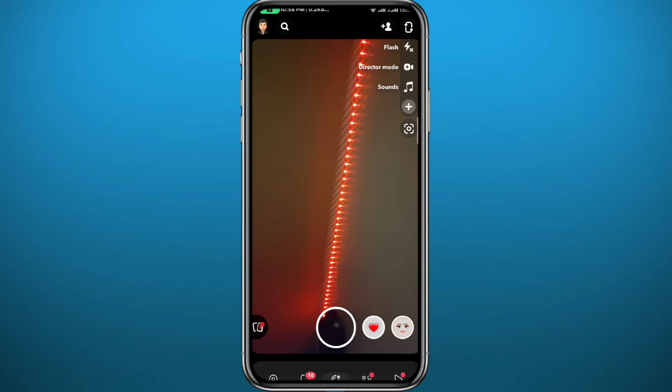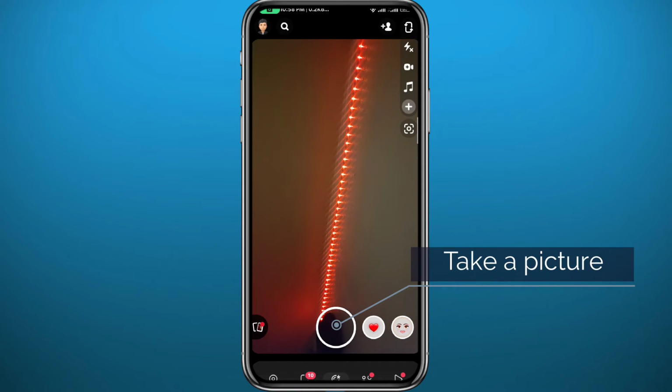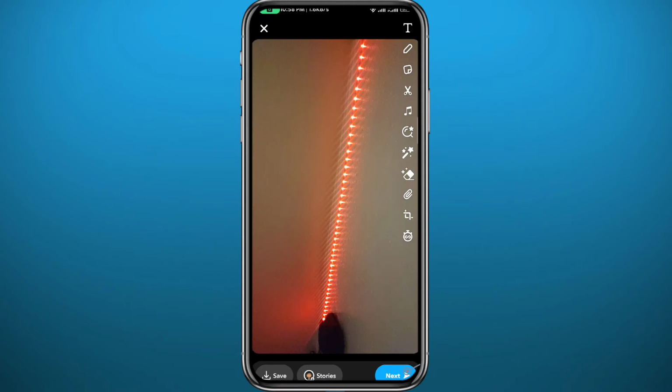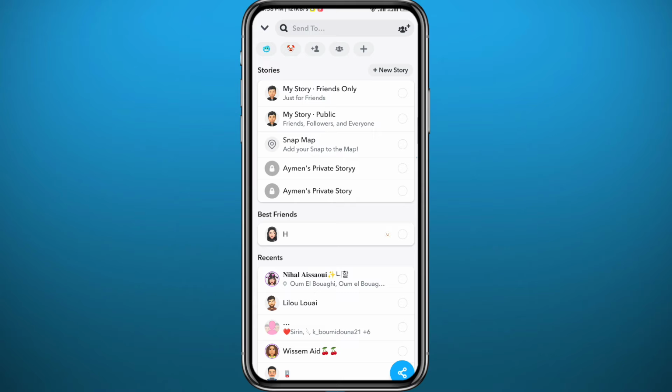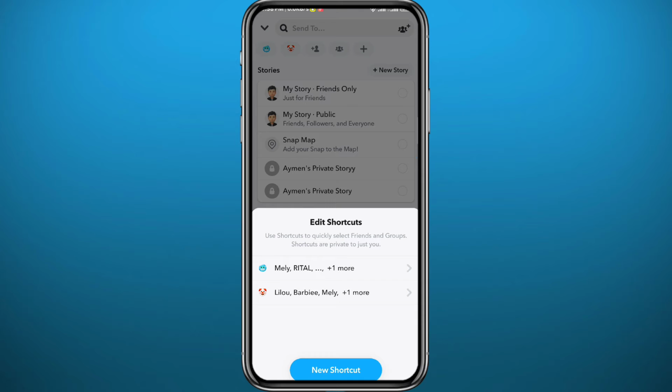First, let's go ahead and take a picture by tapping here on the shutter, and then tap on next in the bottom right corner right here. And then from here in the top part of the screen you find this plus button. Go ahead and tap on it, and you find all of your shortcuts here. Tap on the one that you want to edit,